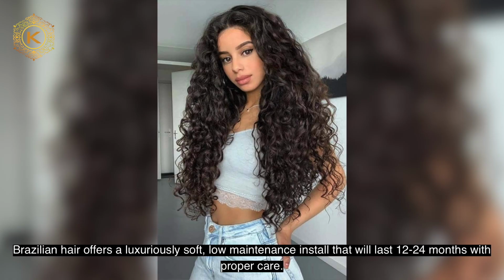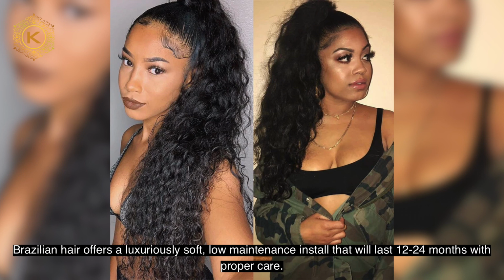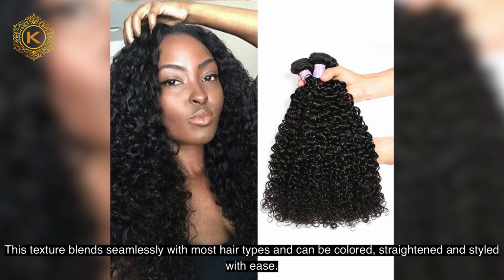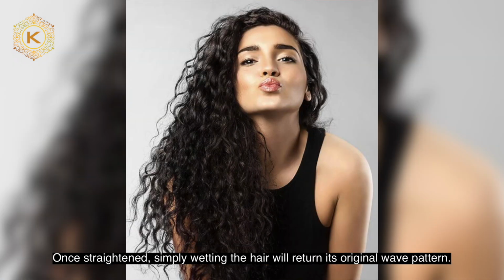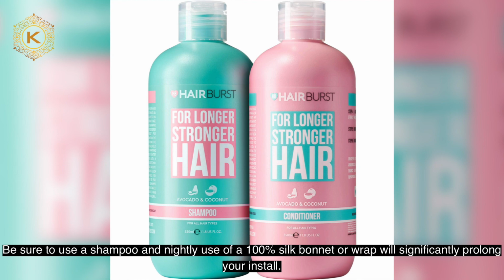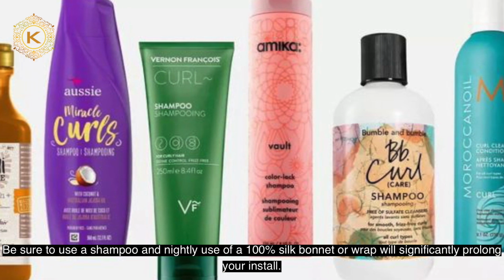Brazilian hair offers a luxuriously soft, low maintenance texture that will last about 12 to 24 months with proper care. This texture blends seamlessly with most hair types and can be colored, straightened, and styled with ease. Once straightened, simply wetting the hair will return it to its original wave pattern. Be sure to use a sulfate-free shampoo and lightly use a 100% silk bonnet or scarf, which will significantly prolong your